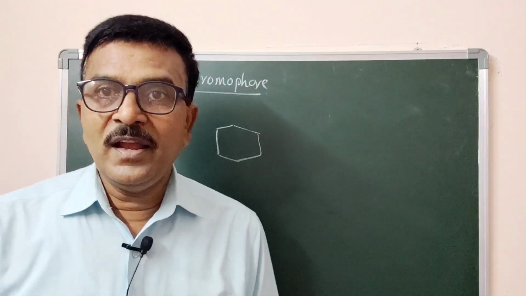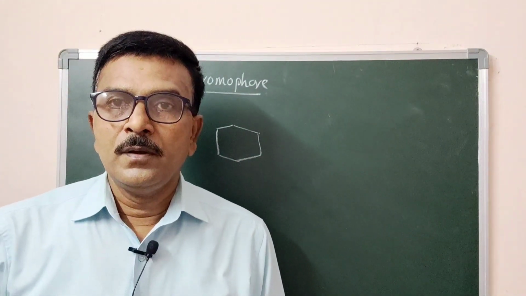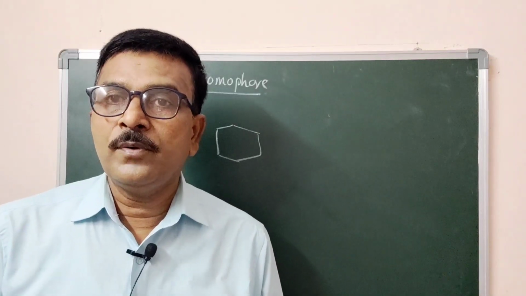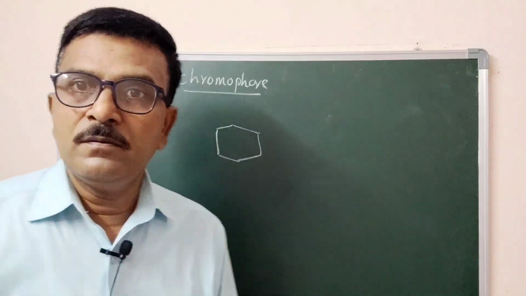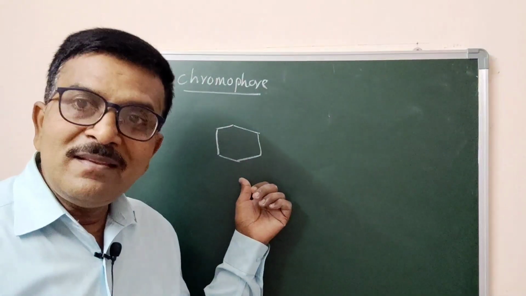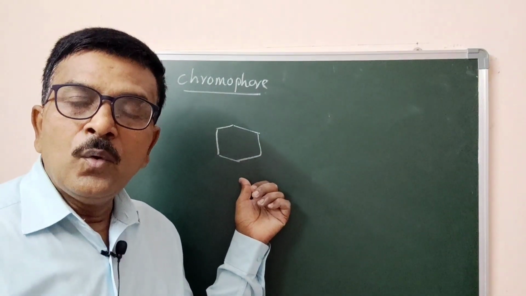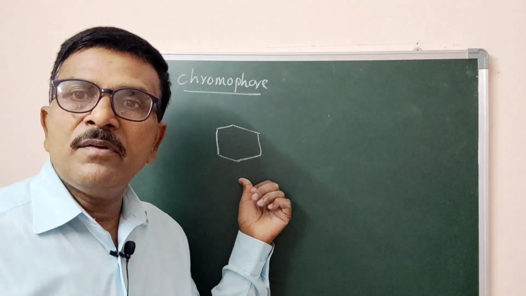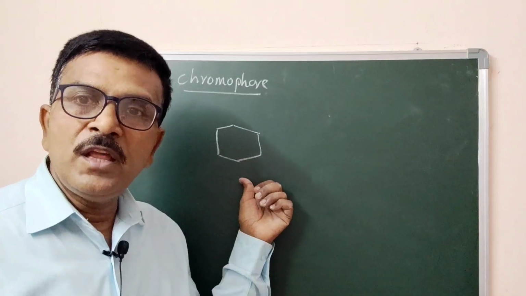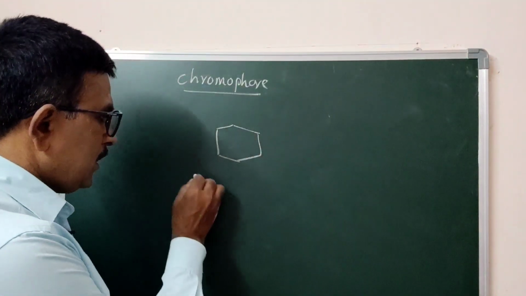For example, you take cyclohexane, no absorption. Why is it not absorbing? Just now we discussed, because it has only sigma electrons. Only sigma to sigma star is possible, where the energy required is more. It is not available, therefore not absorbed.